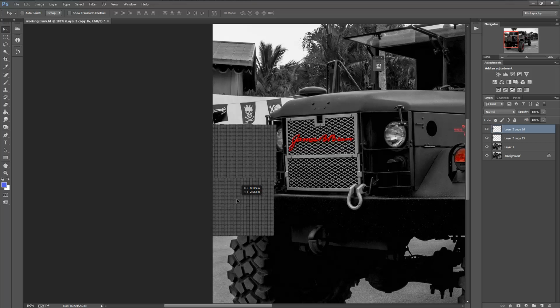It looks big when you're zoomed in, but it's kind of small, so I'm going to have to fix that by duplicating it again, and like before, just move it into position. Now right here I'm trying to line it up, because usually when you have a fence line, there's a little shadow right at the bottom, so I'm trying to use what's already there to mimic that, and trying to get it in position. I'll clone out the feet and fix that later, but I just want the fence to be where I want it. I'm just going to merge it one more time, and that's pretty much it for